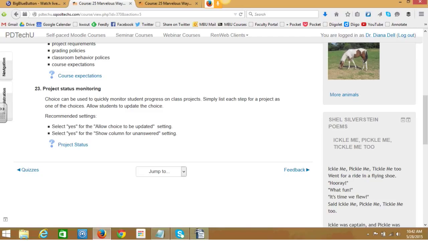Very important for this particular use. And again, you also want to show that unanswered column so that you are aware of who hasn't really started their project yet. So when we look at this,